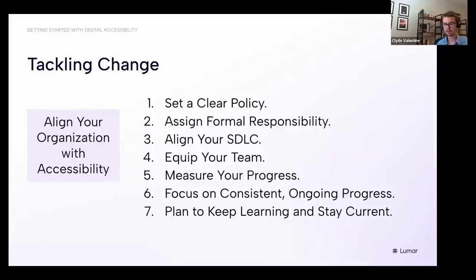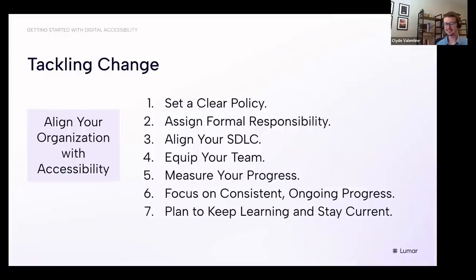So what I personally recommend to the clients that I work with is using that as the standard to shoot for. But different organizations have different goals, different technologies, different users, different geographies, that sort of thing. And that's fine. So your goals may differ, but the most important thing here is getting clear on what you're trying to achieve.